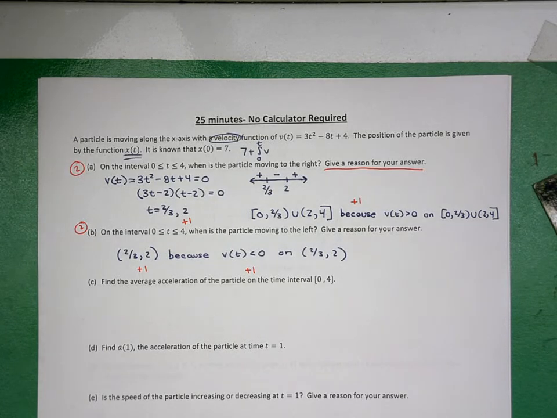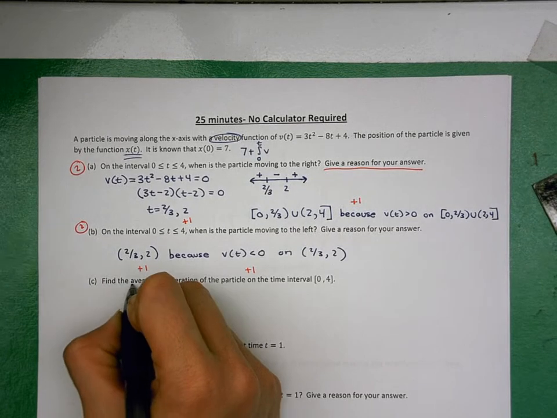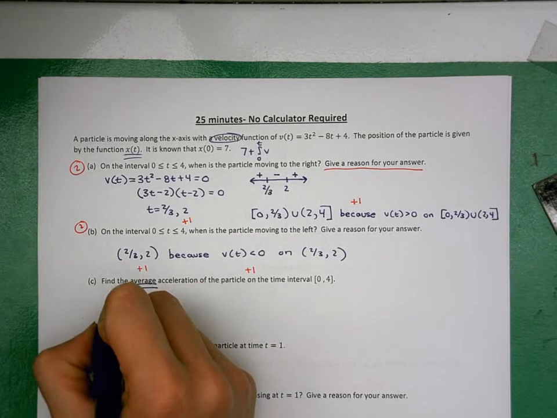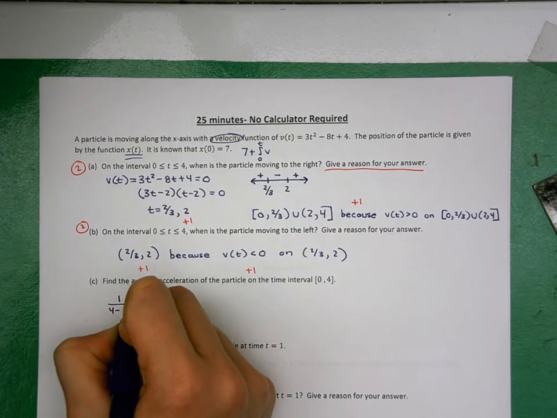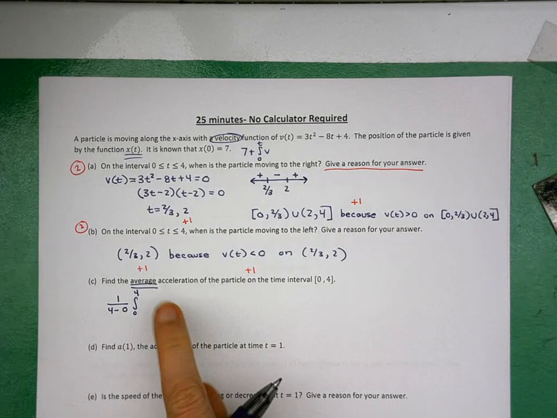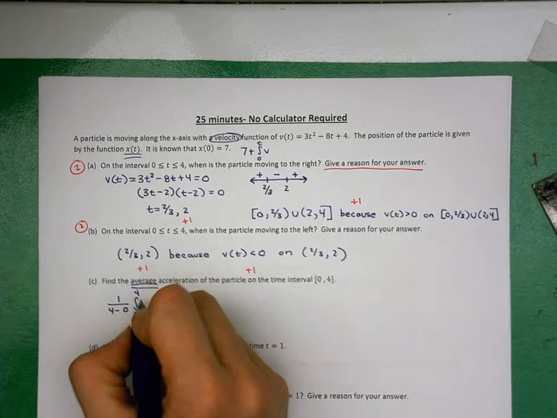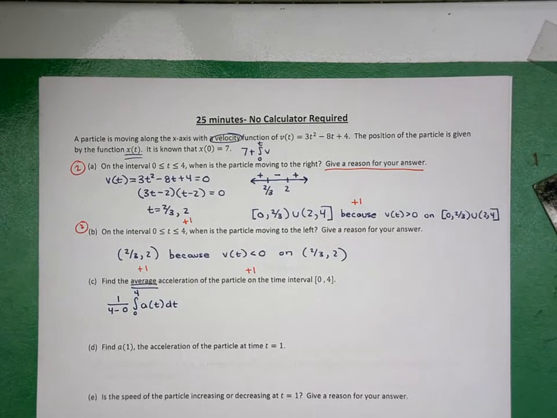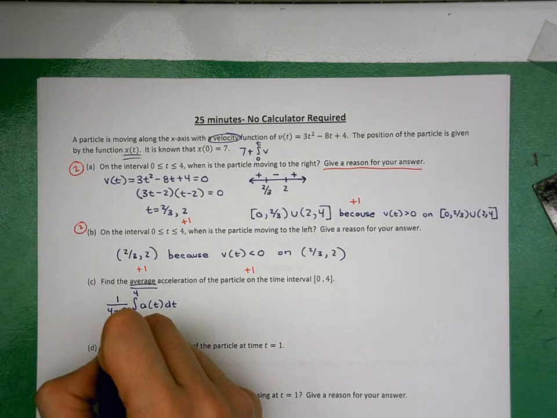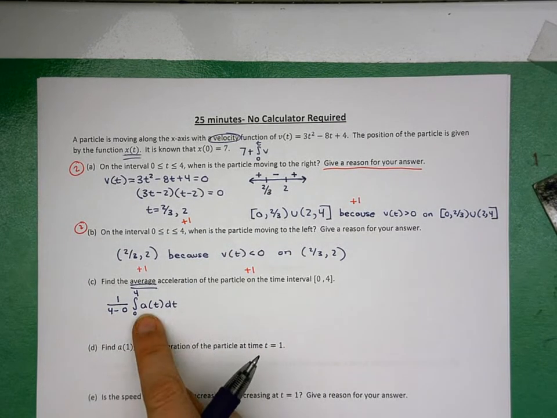But I'm going to walk through this the way that I typically do average, which is kind of founded more in our Unit 4 idea, which is average is 1 over b minus a times the integral from a to b of whatever they ask you for the average of. So in this case, they're asking us for the average acceleration. Well, I don't have acceleration, I have velocity. And so you have one of 2 options. One, you can